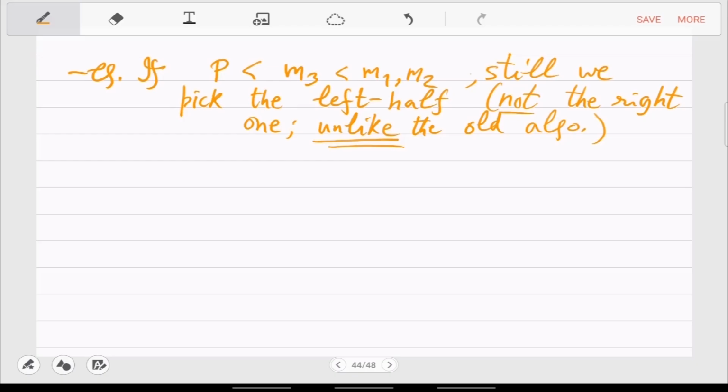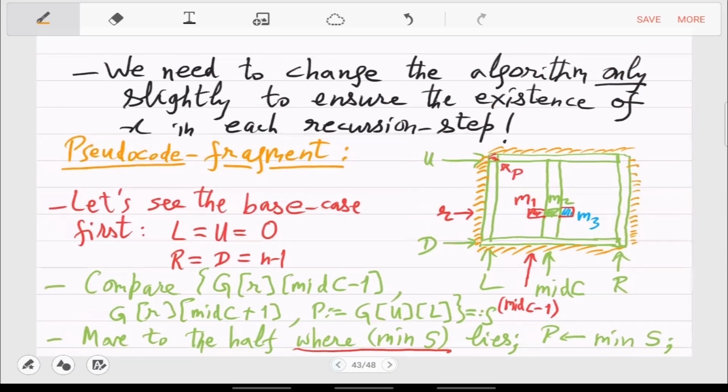Okay, so in case this magical point P, this extra point P, is smaller than the smallest of these three in row R, then you have to pick the left half instead of going with M3. Because the advantage is that when you pick the left half, you have an element which is smaller than these boundaries.